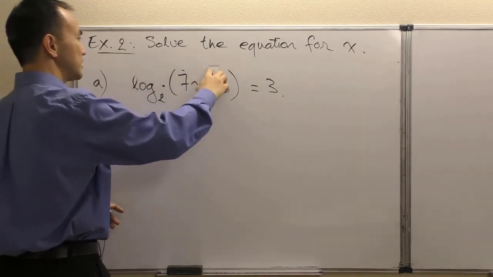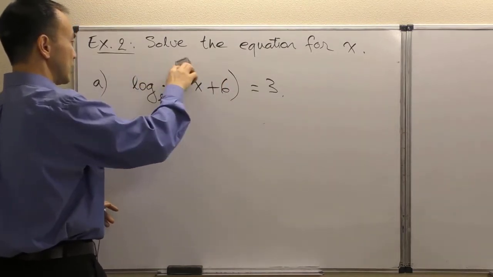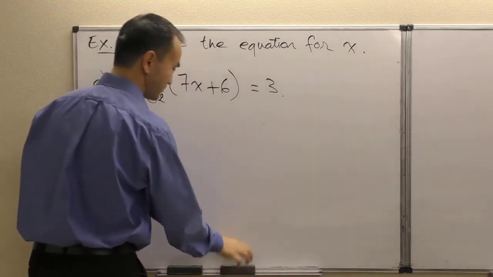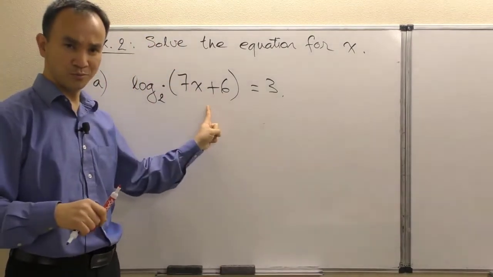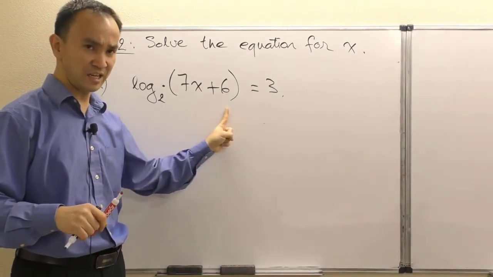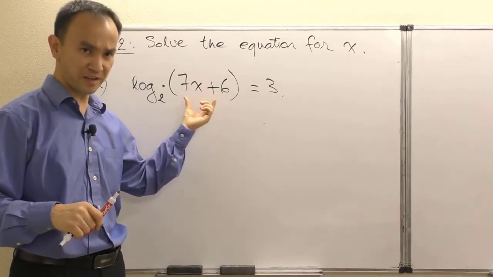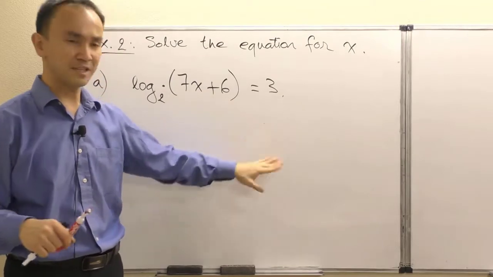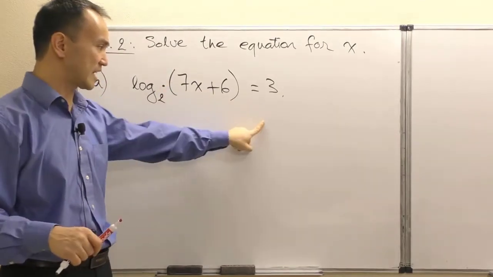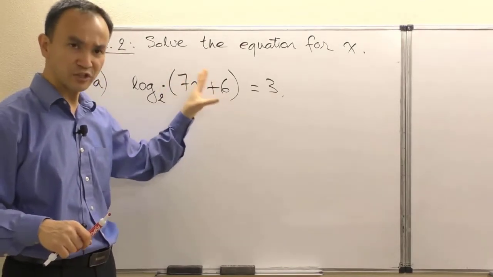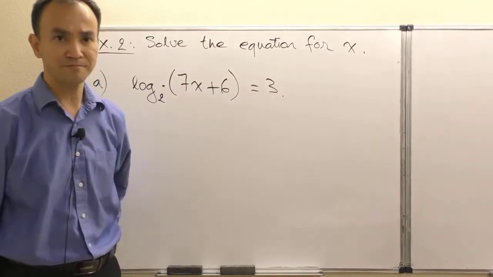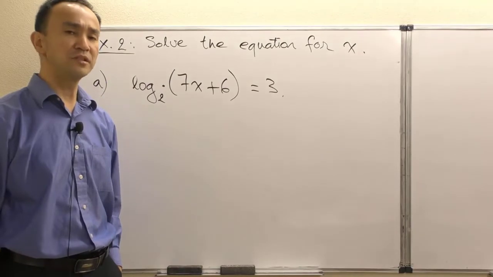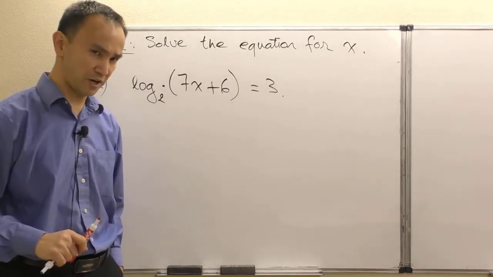Back to this equation. This is the only kind of equation I call a logarithmic equation, because there is one log term, and the inside here is a linear expression. I should have also clarified that. We can also extend that to a quadratic or something else more fancy, but it is one log term equals a constant. So now, once we arrived at this point right here,